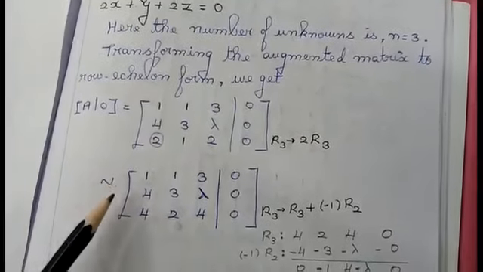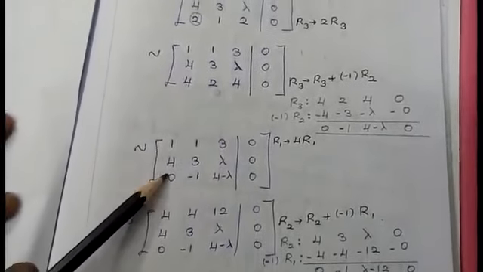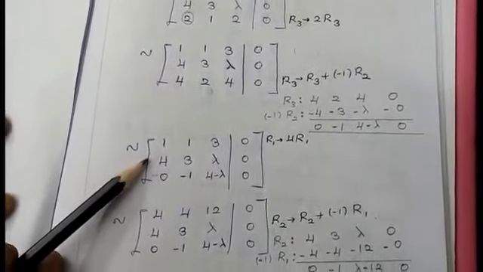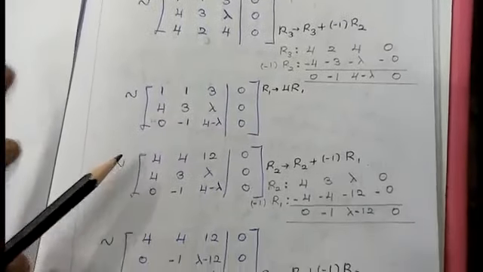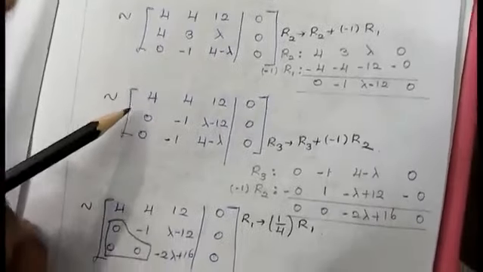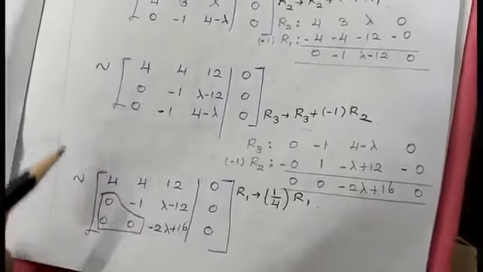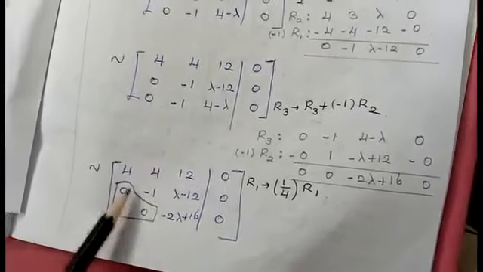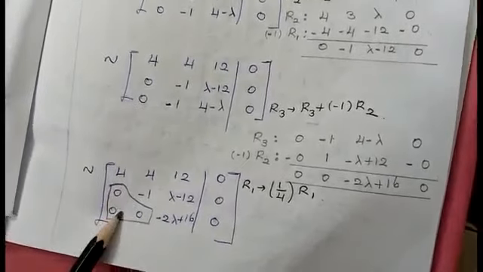Just see the calculation how I have done. Last row first element I am making it as 0. Then I am targeting on 4, and similarly do the calculation, use the method what we apply for row echelon form, and I am getting it as 0. And finally I am getting it in the form of a triangle. Triangle shape I am getting the value as 0.